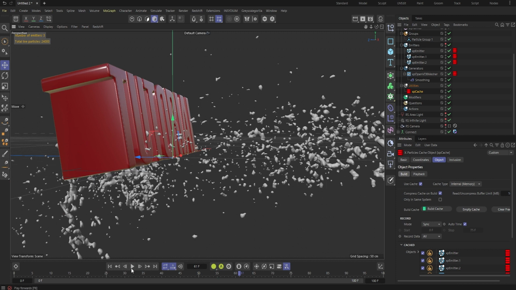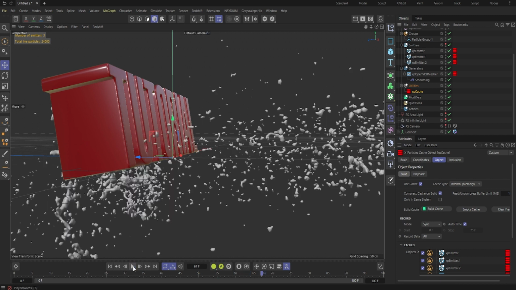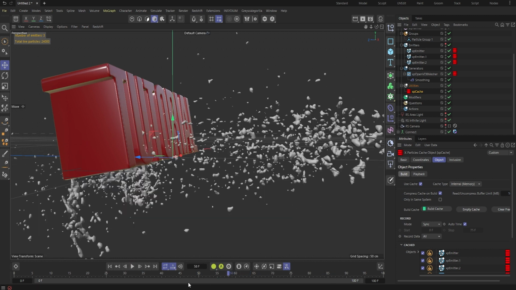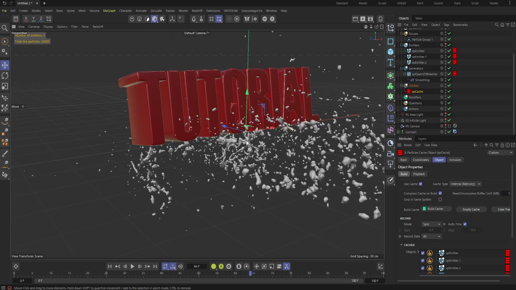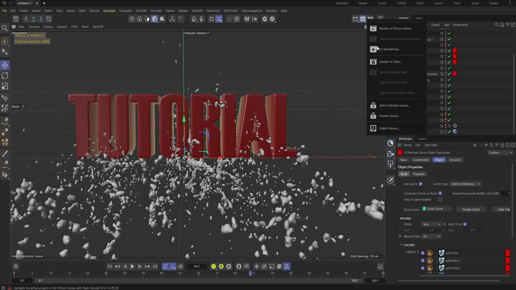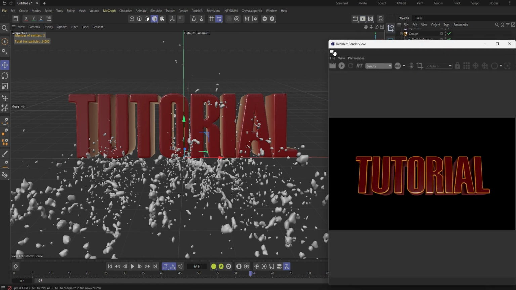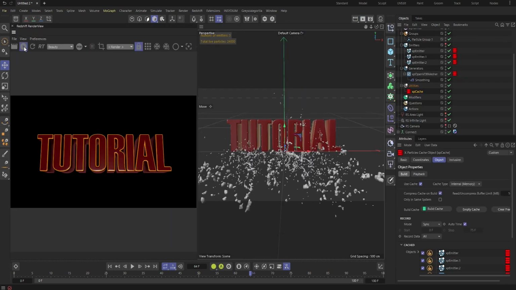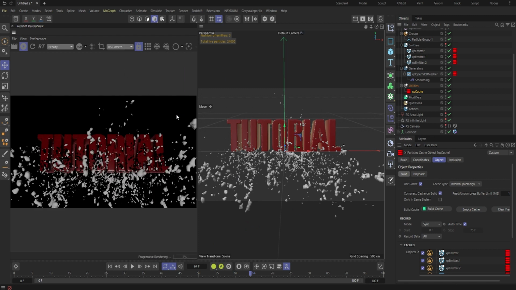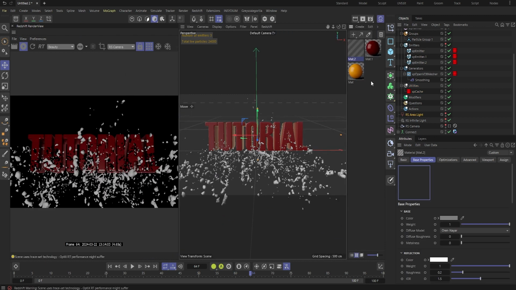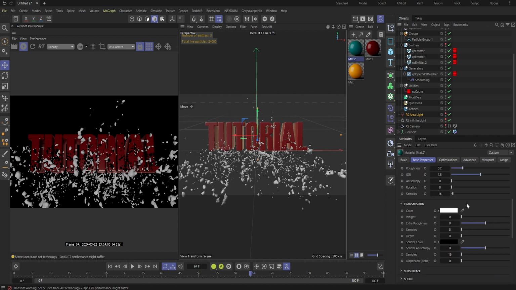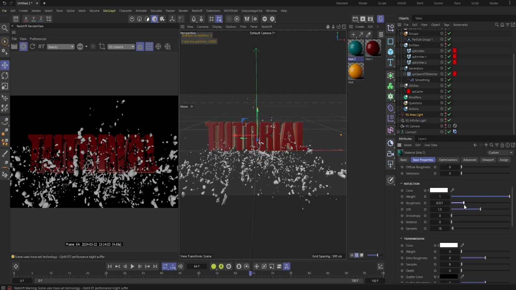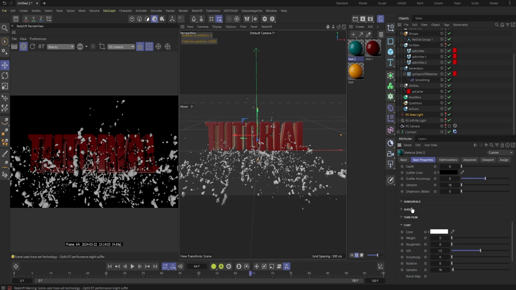sometimes the viewport display doesn't keep up. But if we just go through, we can see it actually all in place, which is great. So if we go to our Redshift render view, we go over to here, Redshift camera, and then let's go in, make a new material, and let's make something a little more fluidy. Let's bring down the roughness, try and make it a little bit more